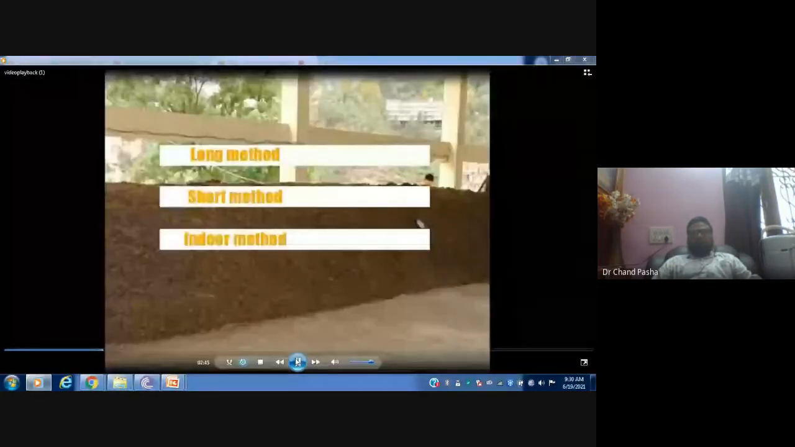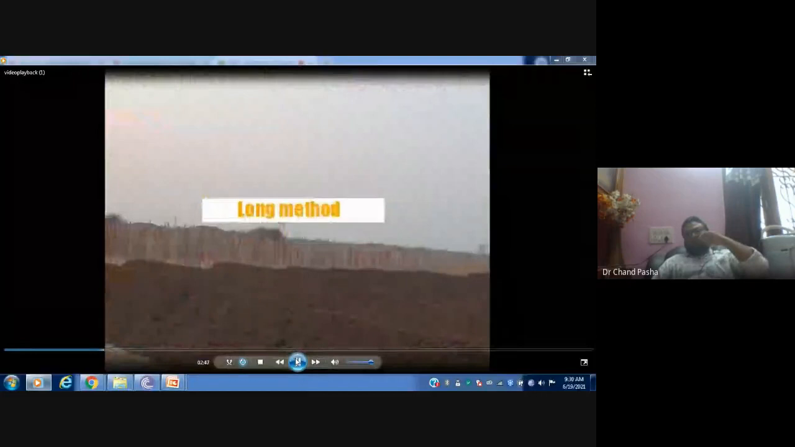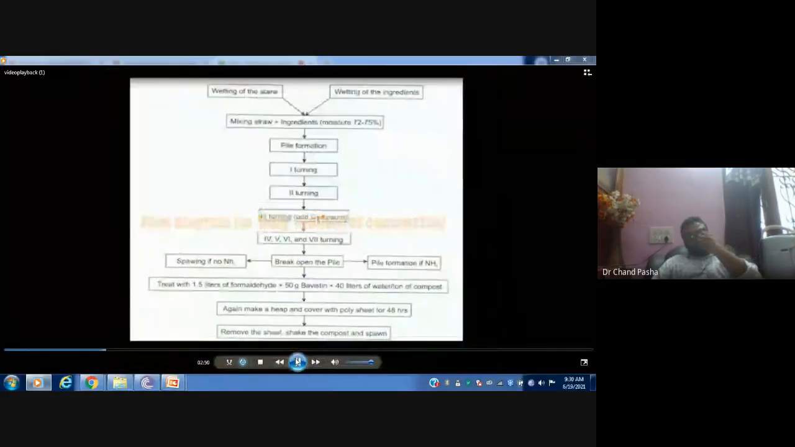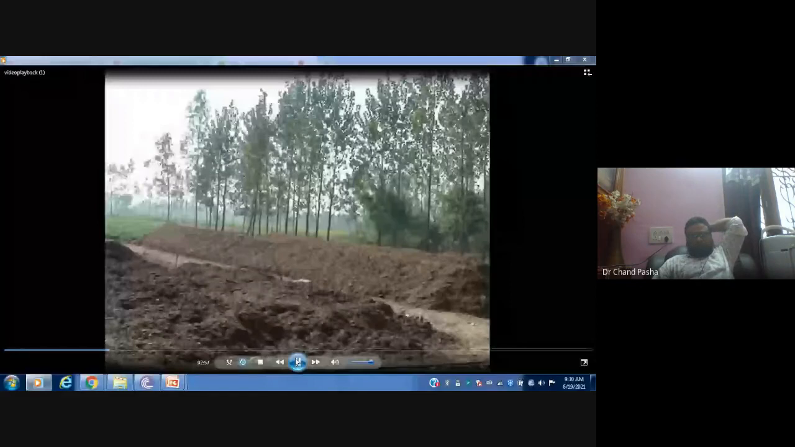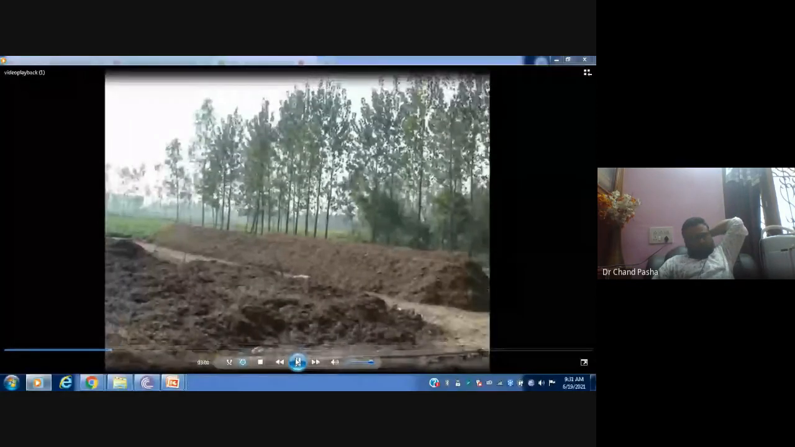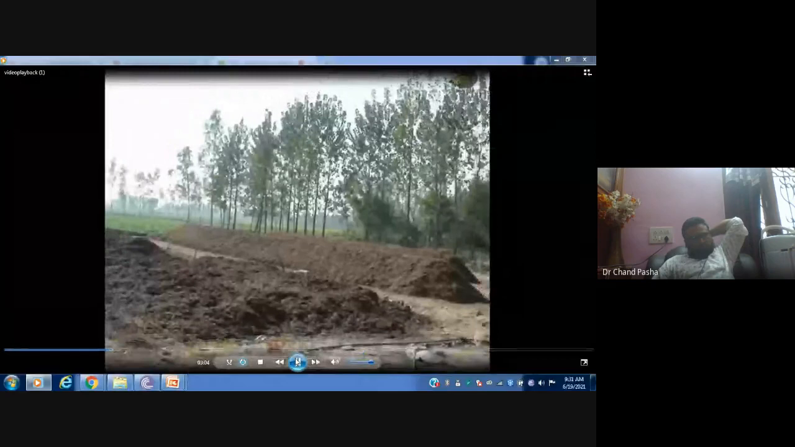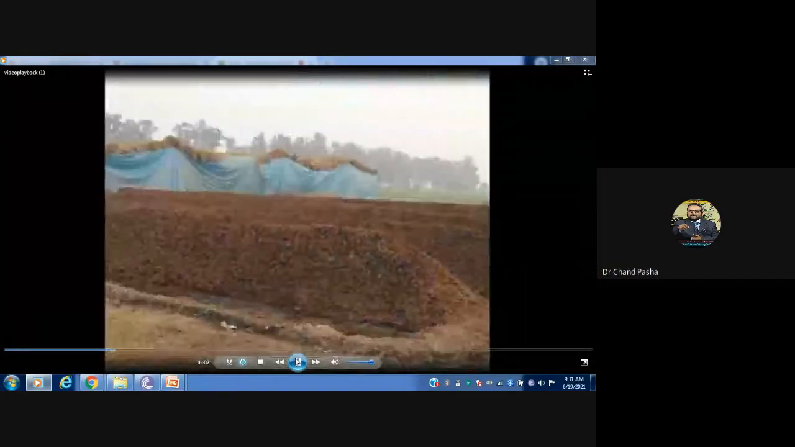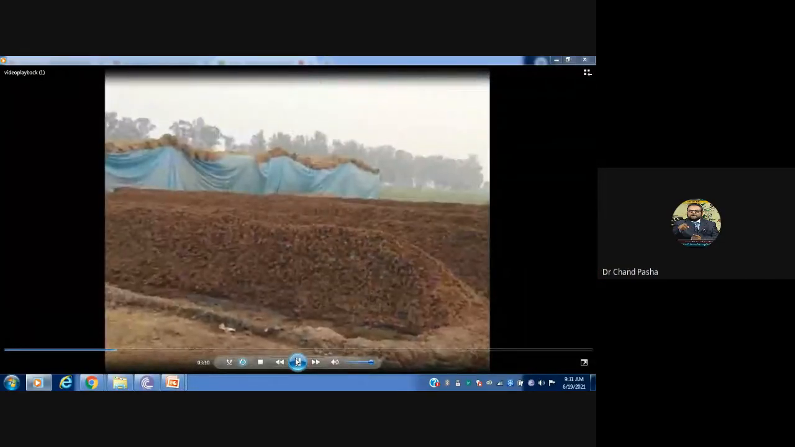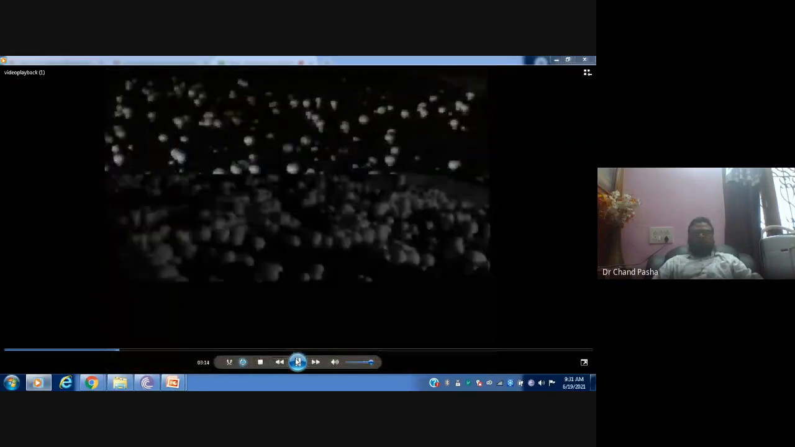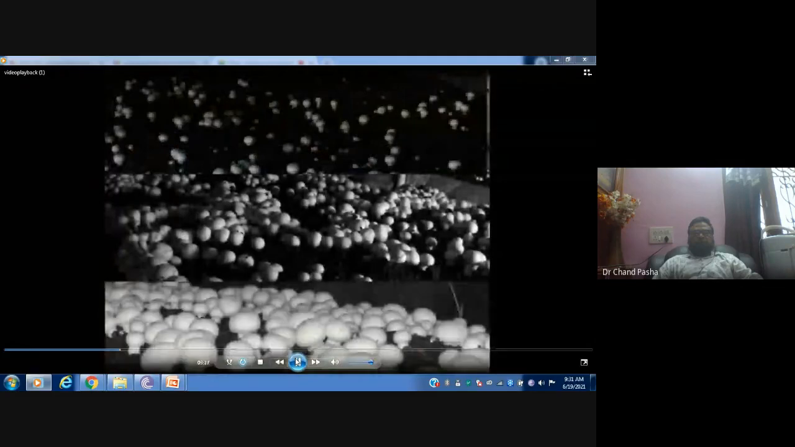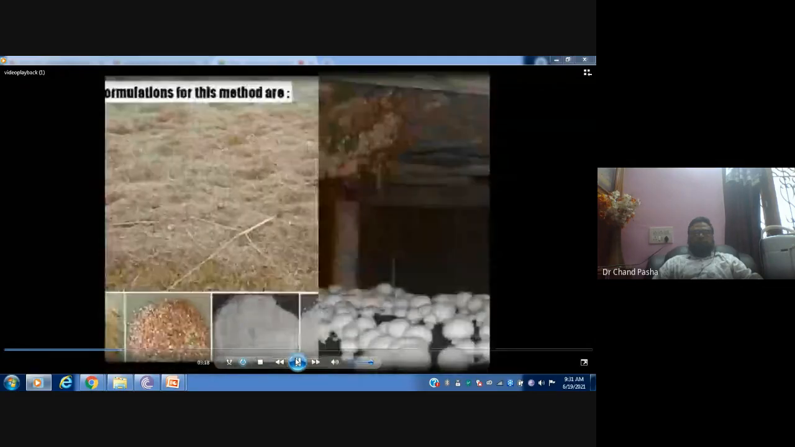Long method of composting. This is a very old and traditional method of compost production, and you usually see cultivators prepare compost by this method. Compost can be prepared by this method in 1 month's time, during which it is turned 7 to 8 times. By this technique, around 15 to 18 kg mushrooms can be produced from 100 kg compost in a 3 month period. The formulations required for this method are: